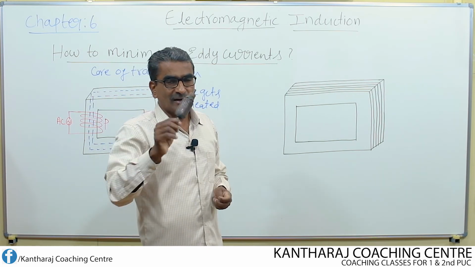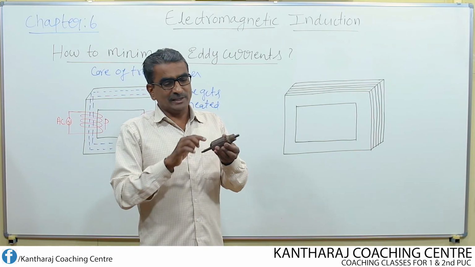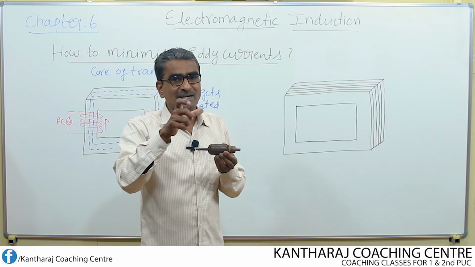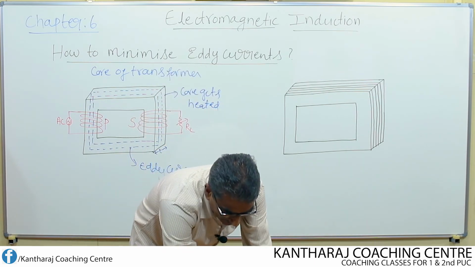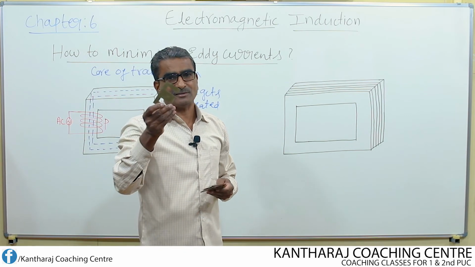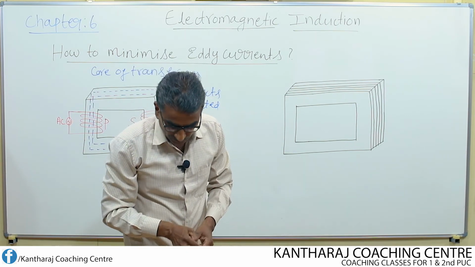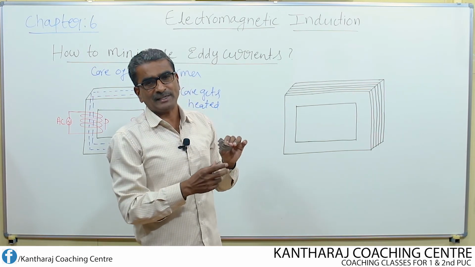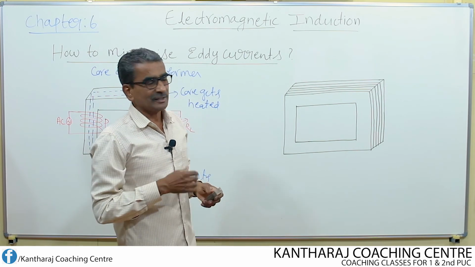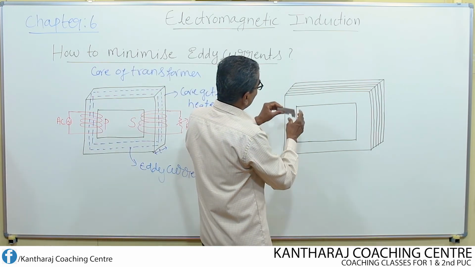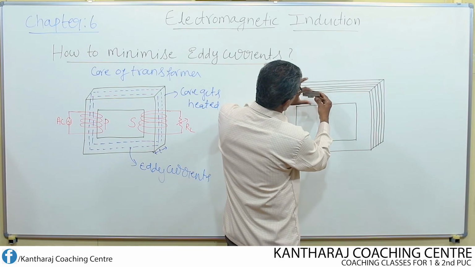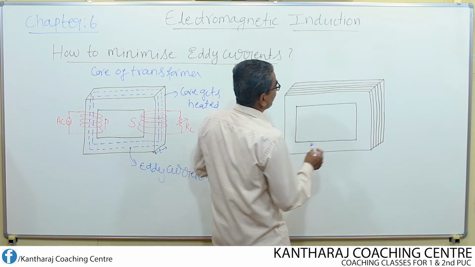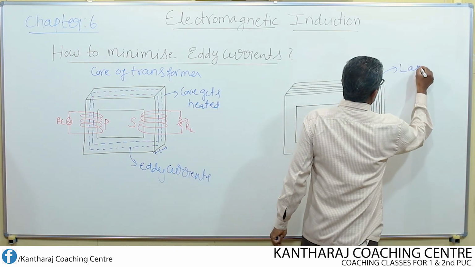So this is nothing but the armature of a motor. Even the core of the armature of the motor is said to be laminated. Laminated means where we make use of thin plates like this. Look here, thin plates. A bundle of plates like this is nothing but a laminated core. So in the manufacturing of the transformer core, we use a bundle of plates like this, and this is nothing but a laminated core.